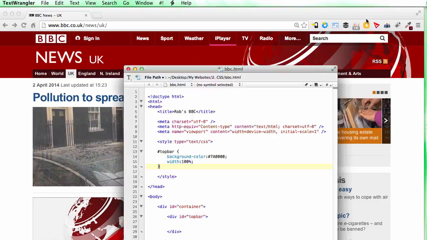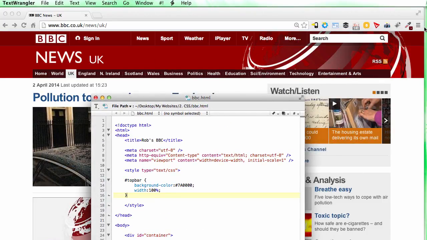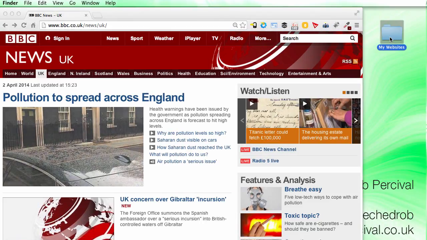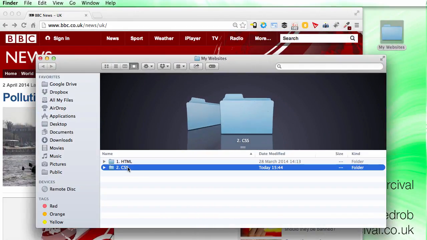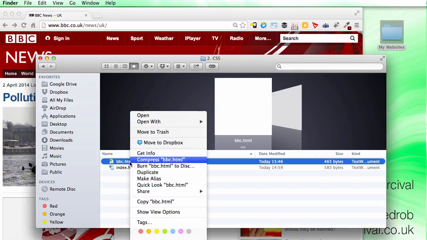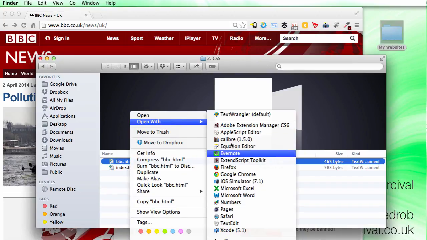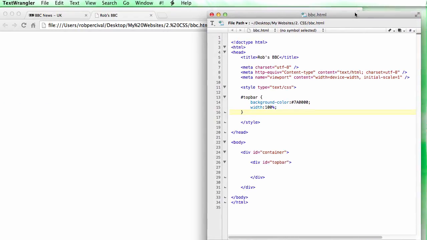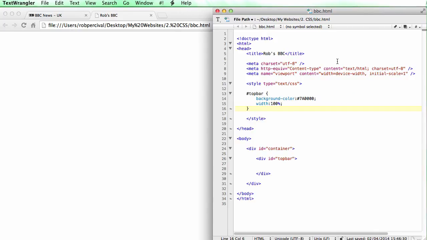Okay, so let's see what that looks like on its own. So let's open it up with Google Chrome. Nothing at all is there at the moment. Not a problem. So the reason there's nothing there,